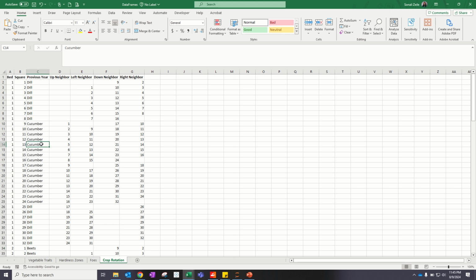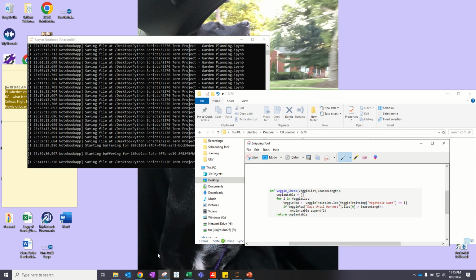And so we would assign each number in each bed a vegetable, and then in order to continue mapping, we would need to know the neighboring squares. So unfortunately, I didn't get to that, but this is the data structure that I would pivot in order to accomplish that. Now going into my code,